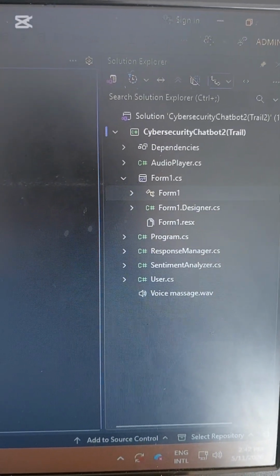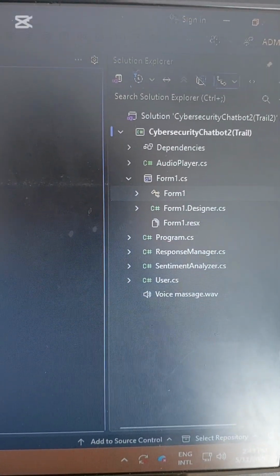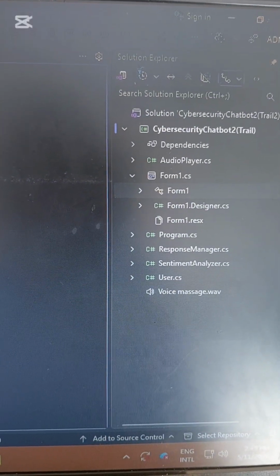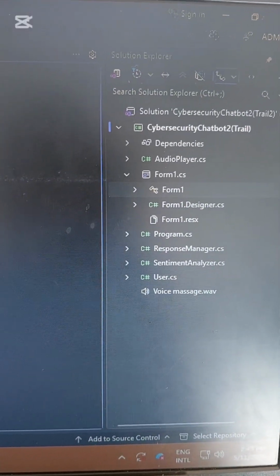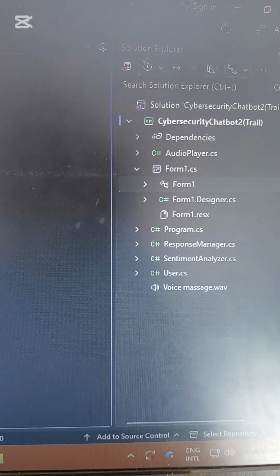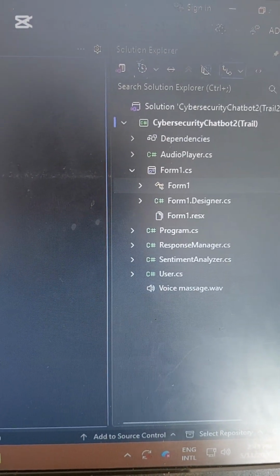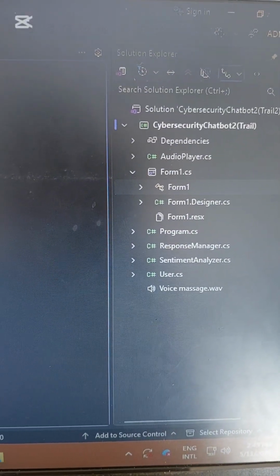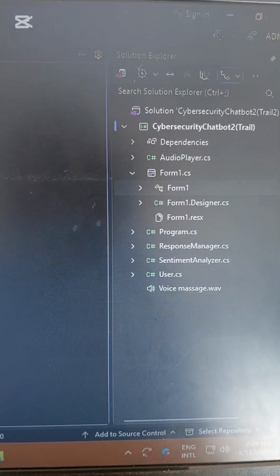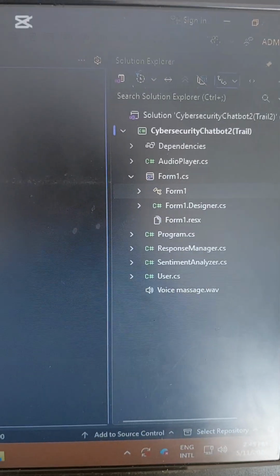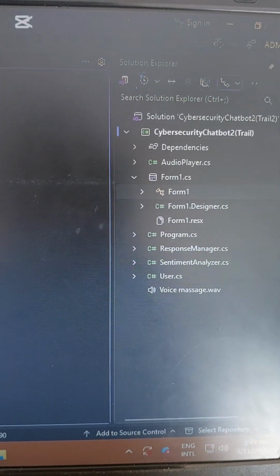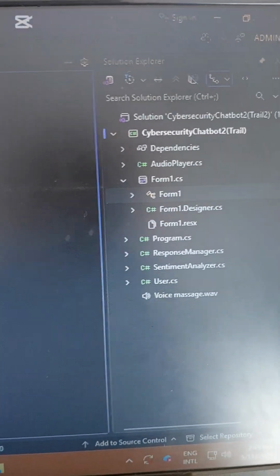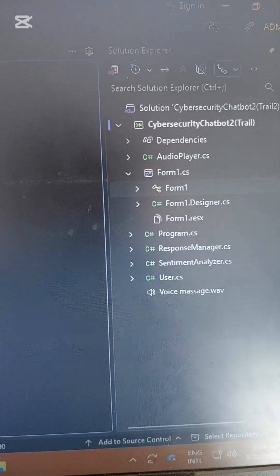So we have the audio player class, which plays the audio, as well as the program class, that's the main program that runs the entire code. The response manager class holds the code for the responses that the chatbot is supposed to give the user, and the sentiment analyzer class gives the program the sentimental feel when you are interacting with the chatbot.